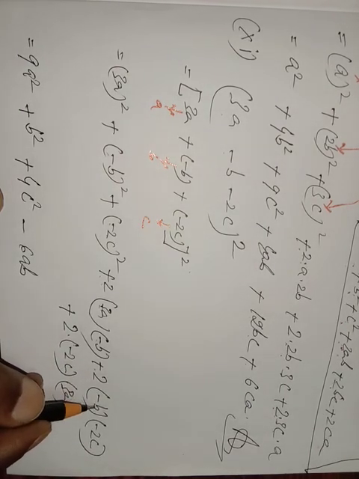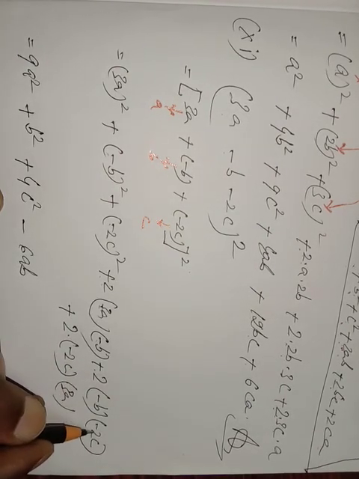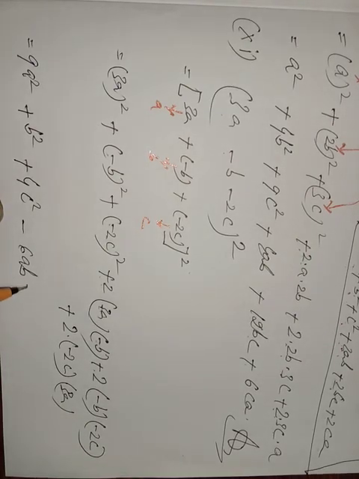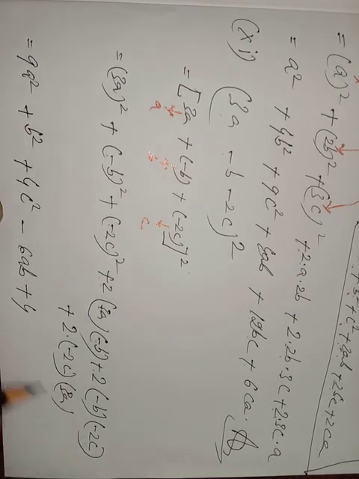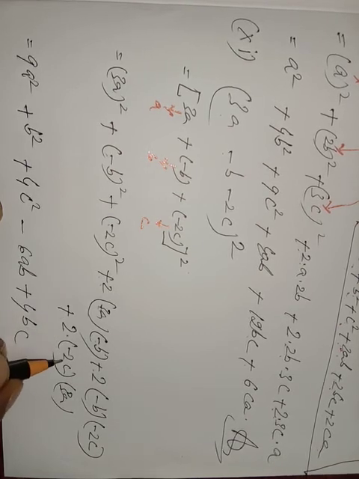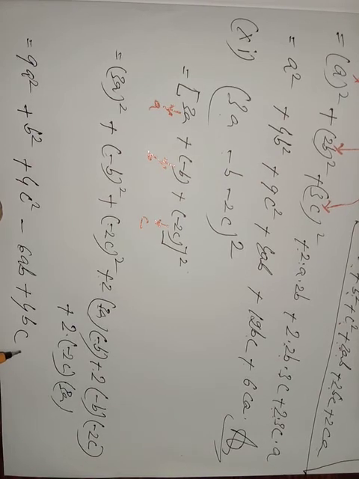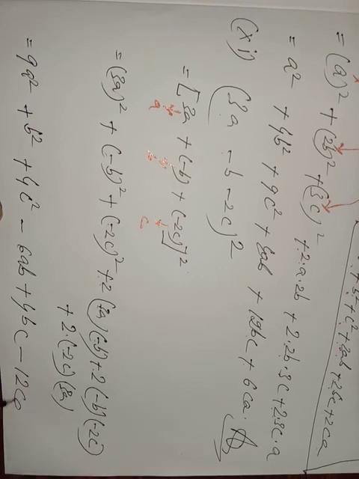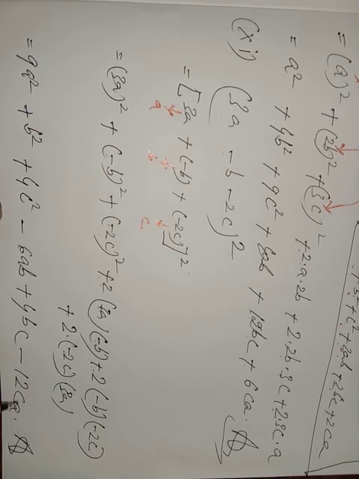Next one: 2 into minus b into minus 2c, that is minus 2 into minus 2, minus times minus is plus, so plus 2 into 2 is 4bc. And the last one is c into a: plus 2 into minus 2c, this will be minus 4. Plus into minus means minus in the multiplication result. 2 into 4 is minus 4, and here 3, 4 into 3 is 12, minus 12ca. This is the answer.